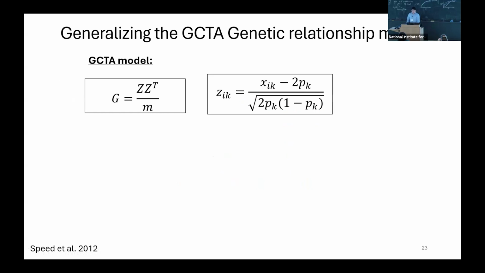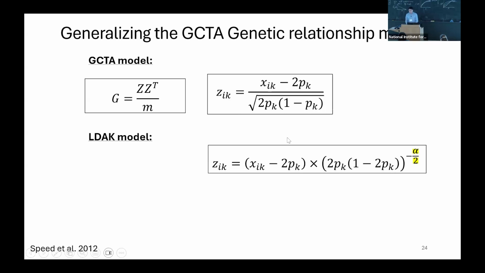Another generalization of the GCTA matrix, but from a different perspective, is this. So this is, again, the GCTA model, but now in matrix form. It's basically the cross product of the standardized genotype matrices divided by the number of sites, where the standardized genotype for an individual at a given site k is just the mean-centered genotype divided by the standard deviation. The LDAK model, which is an important extension to address different genetic architectures, assumes that this scaling factor could have different